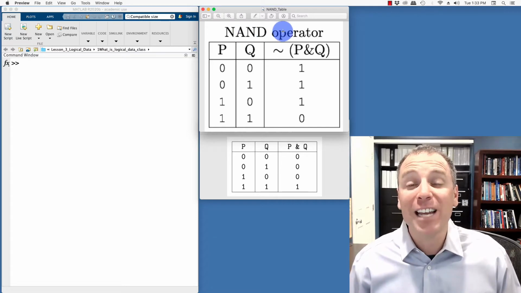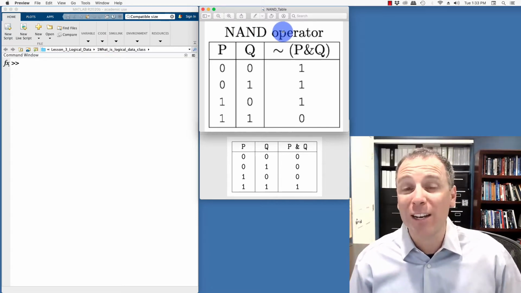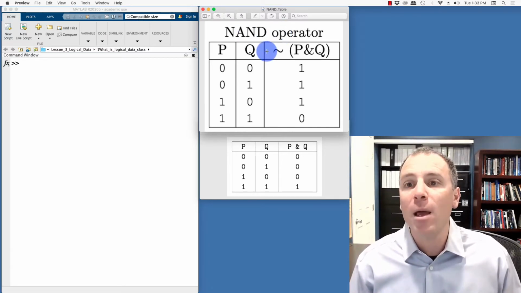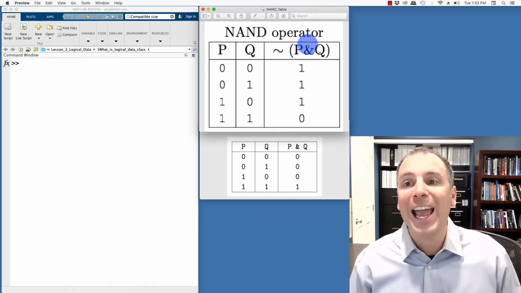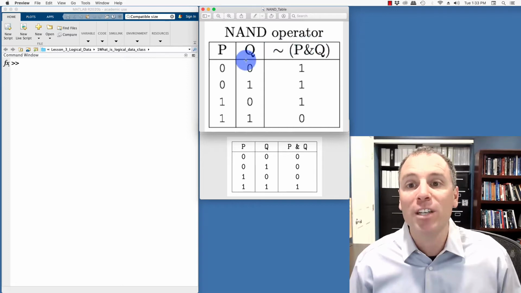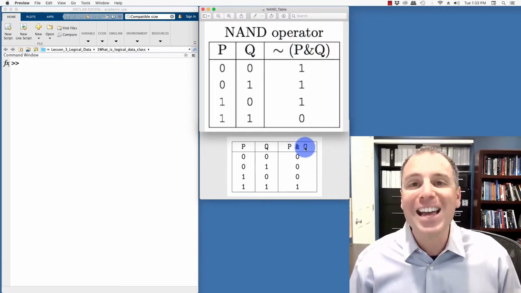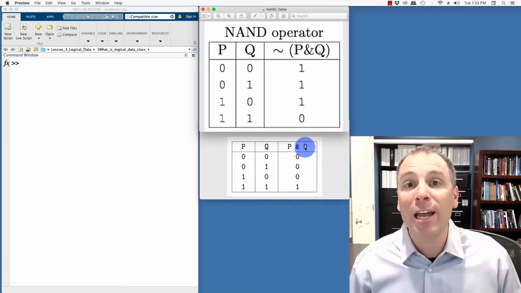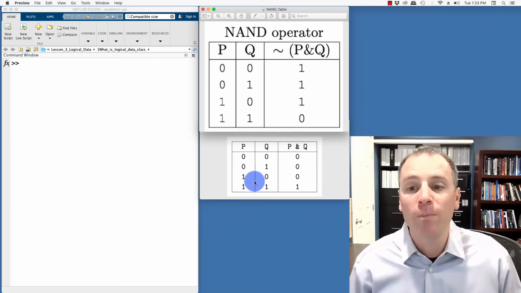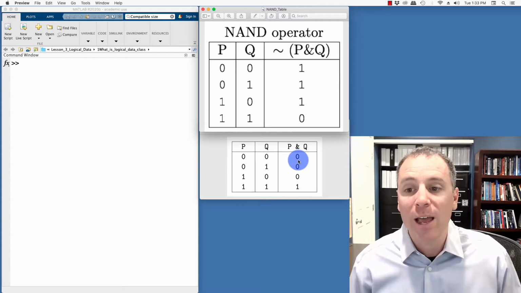This operation is actually pretty powerful in computer science. We're not going to spend a ton of time talking about it today, but I want to show you that we can use a combination of not and in MATLAB to code this up formally. So remember that the AND operation is true exactly when both inputs are true. We saw the truth table of that looks like this on screen. 0, 0, 0, 1. The 1 happens only when the two inputs evaluate as true.